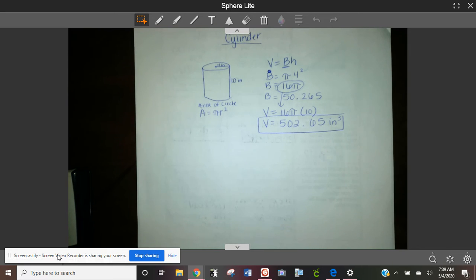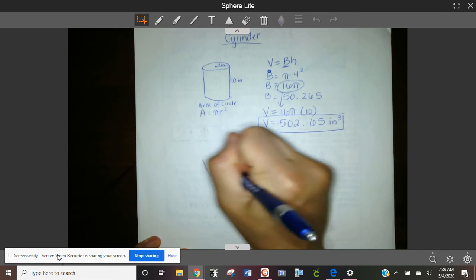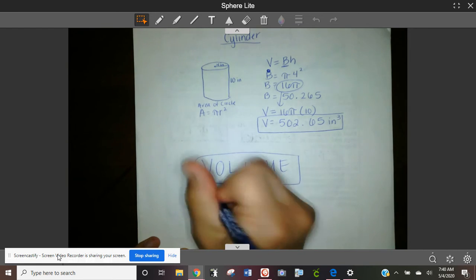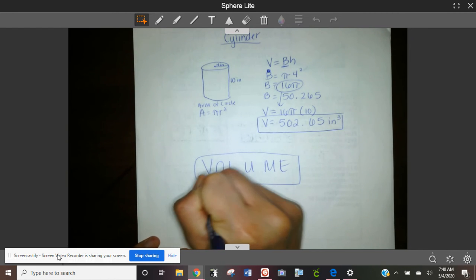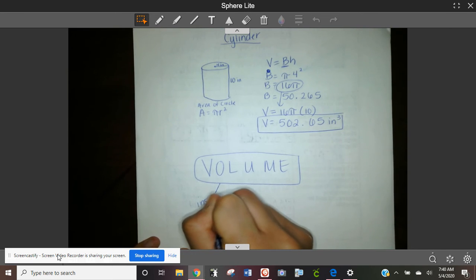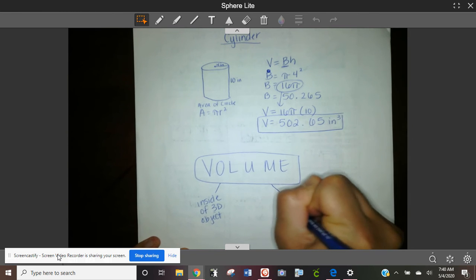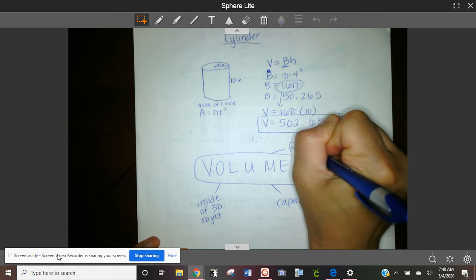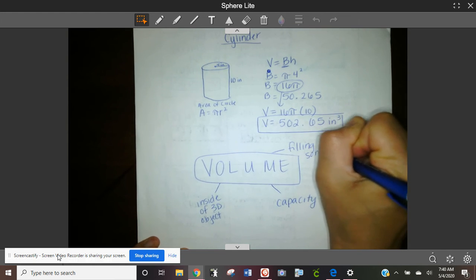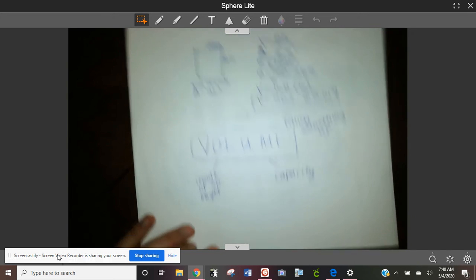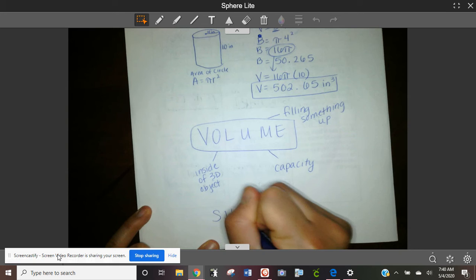All right, guys. So this week we learned about, again, volume. Okay, so think of the inside of a three-dimensional object. Think of capacity. Okay, filling something up. Okay, and then